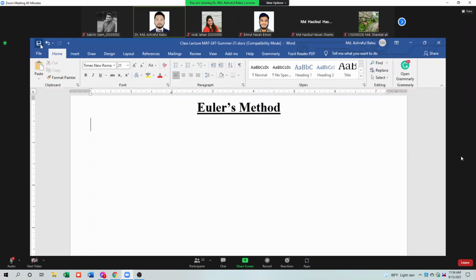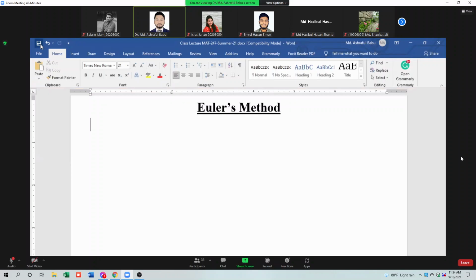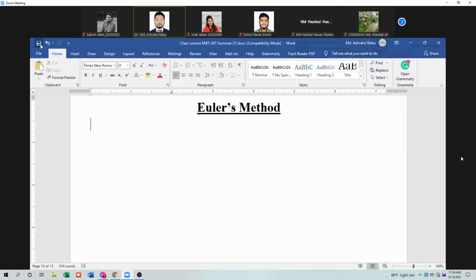So basically Euler's method and the Runge-Kutta method are called iterative methods, where we have to use some iterations. That is, when one process we have to repeat many times, that is called iteration. So these types of repeating methods we have to use in Euler's method. So first of all,